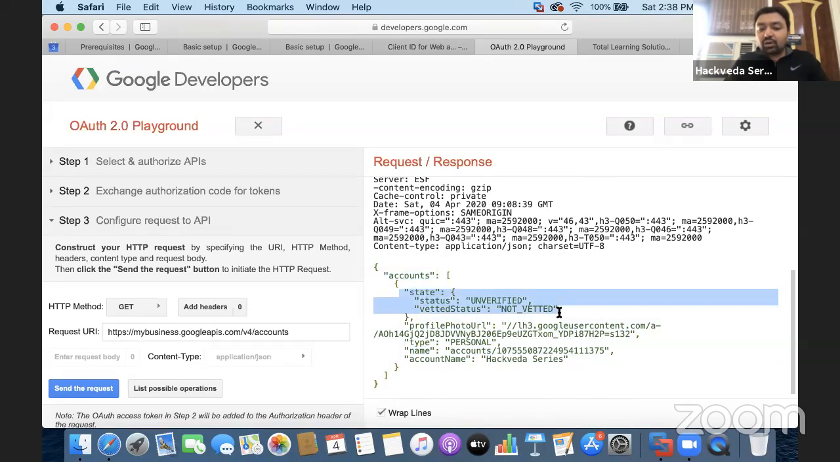The status of the account is not verified, unverified, but that's not an issue. We have got the profile photo URL in return. This account is a personal account, and the name of the account information has been received. Under this property name, you're going to get the ID of the account. You need this ID of this account to identify the locations. Under this account, if you want to send any query, you have to specify the